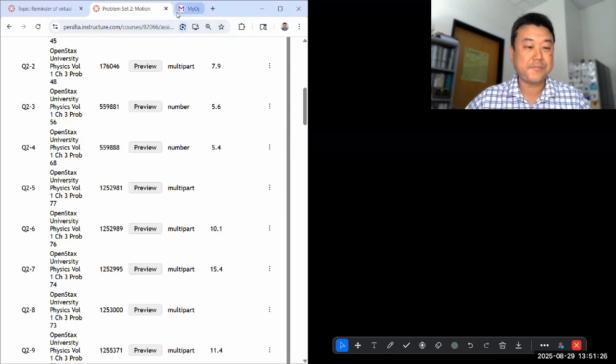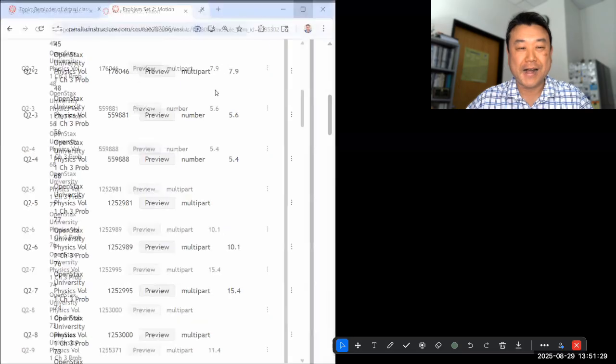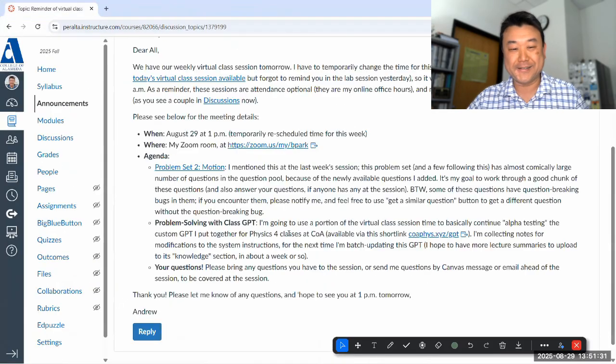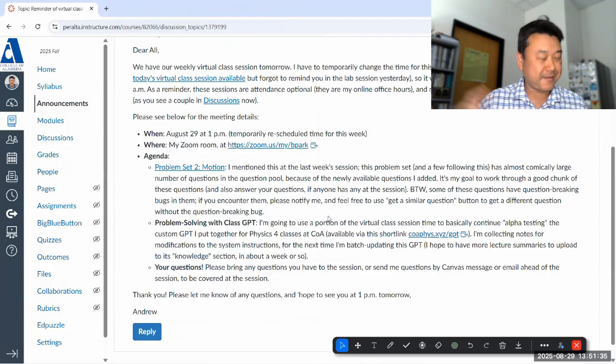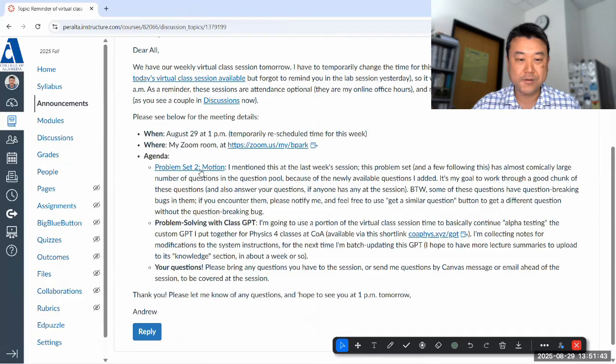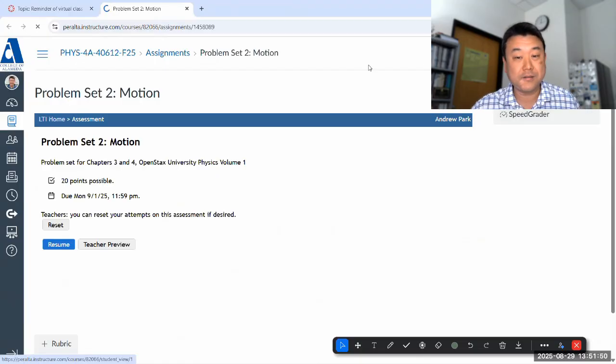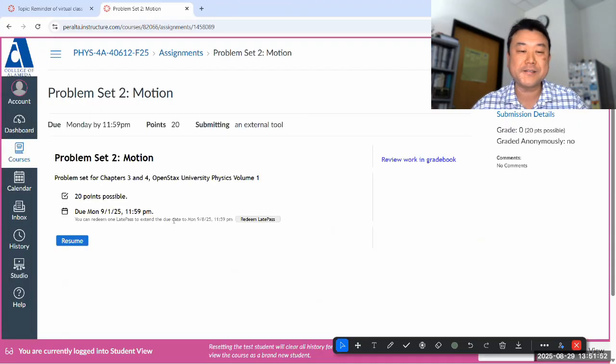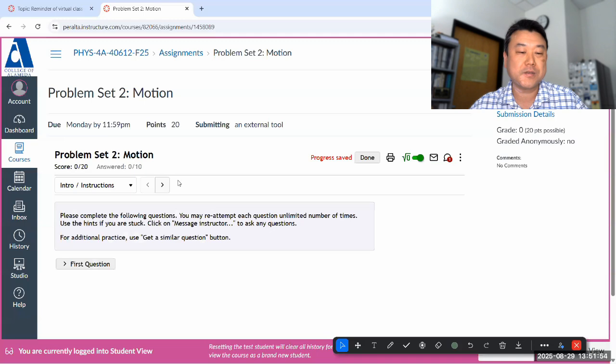So that's a beta or alpha testing one thing. I did want to alpha test something else that I care about more, which is the class GPT. So I'll do that for maybe 10 minutes and then wrap up the session. The way I'm going to do that is I'm going to get into problem set 2 as a test student, and I'll pretend I'm working on a question as a struggling student, and I will ask ChatGPT,